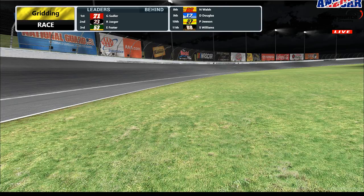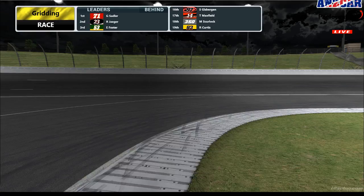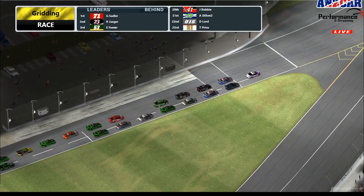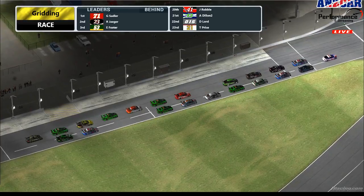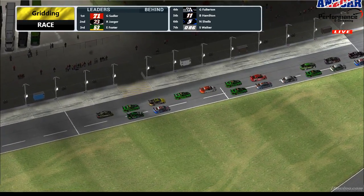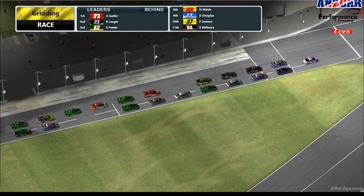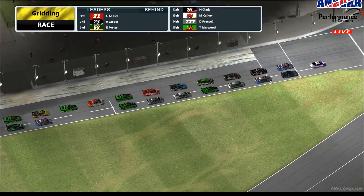Right, which sets us up now for a 25-lap consolation race. This race will still have no cautions, and it'll form up the grid for the main race, which is 75 laps after this. Pretty much everyone will be in the consolation race, so everyone will cross over. And as they just line up now on pit lane behind the pace car, we wait for everyone to jump into the server and line up behind it. We'll have a look and see